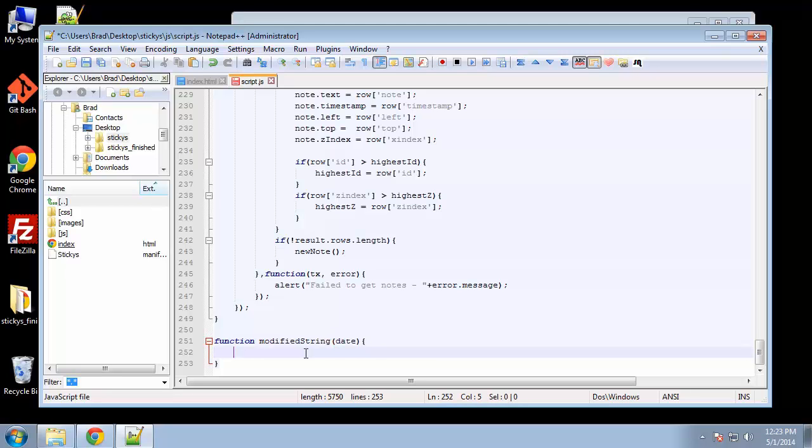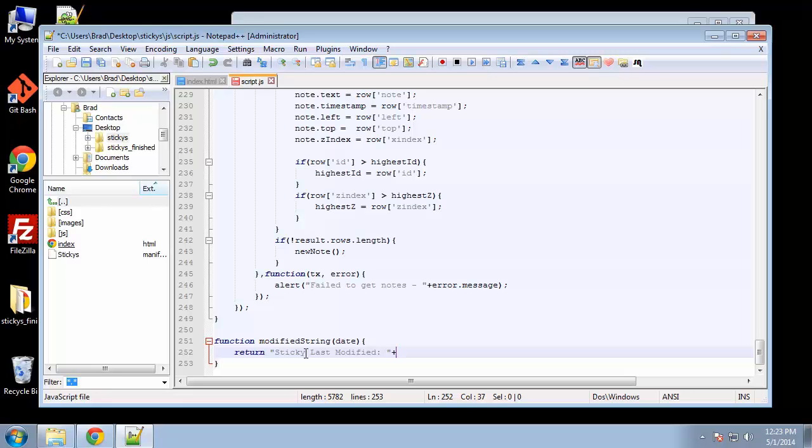And we're basically just going to concatenate some text along with the date properties. So we'll say return, and then we'll say note, or actually let's say sticky last modified,